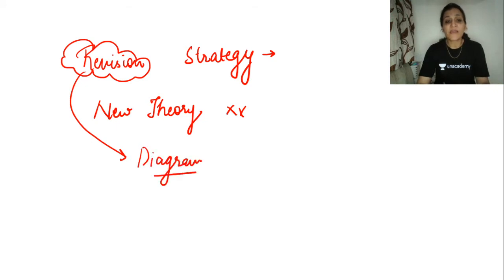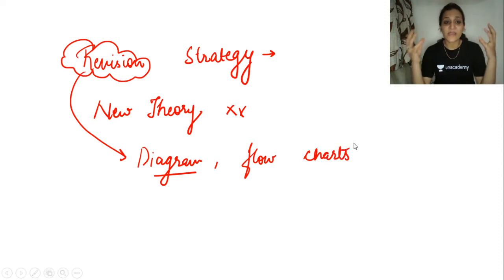If you are trying to cover 2-3 units in some 2-3 days, that last moment revision I want to do, so don't go for the lengthy theories. Go for diagrams, go for flowcharts, so that it can have a kind of pictorial image in your mind. You won't have to mug up anything, right? So last time revision strategy is while you are turning the pages, just go for diagrams and flowcharts. Don't go for detailed theory.